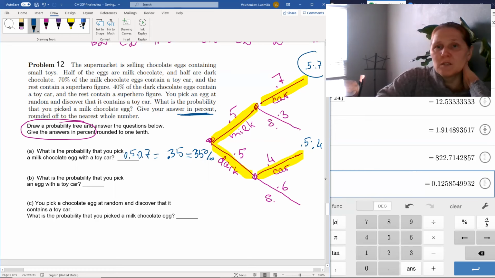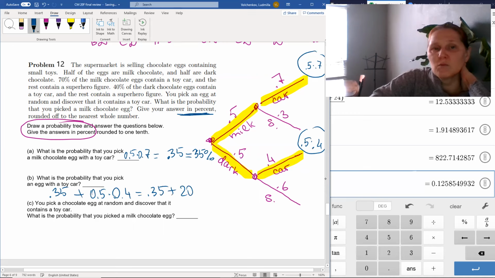The probability that we are interested in is the sum of these two. So 0.35 is the first one, plus this product. 0.35 plus 5 times 4 is 20, and we move decimal point 2 places to the left, 0.20. So we get 0.55, or in percent, it will be